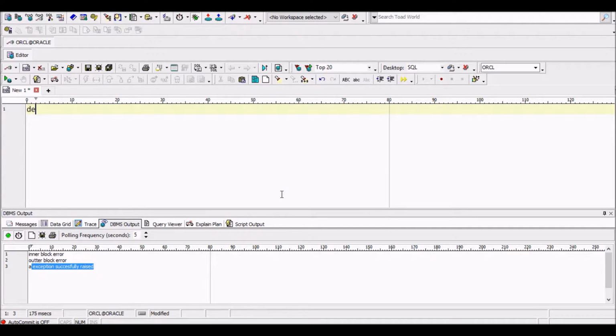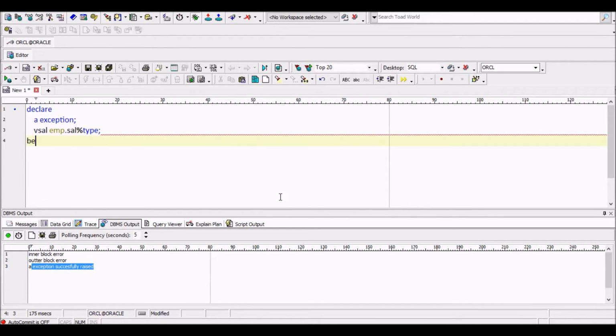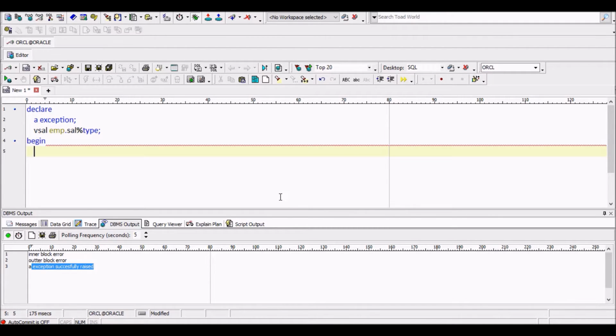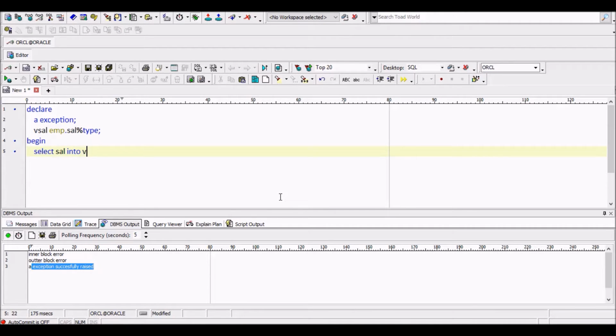Okay, let us see here. So declare a exception. Okay, v_sal of data type number. We will use emp.sal%type and begin. So select sal into v_sal from emp, where empno is equal to, let us take 7839.